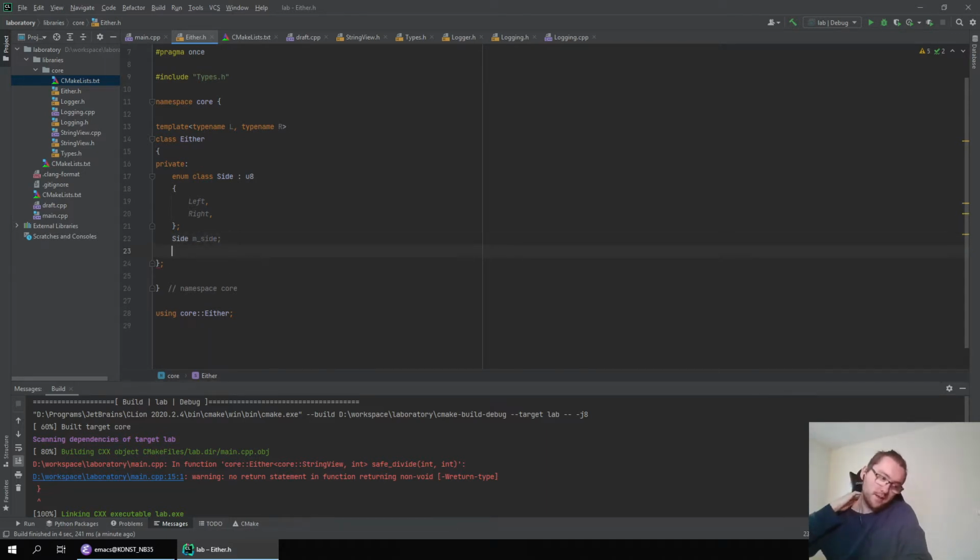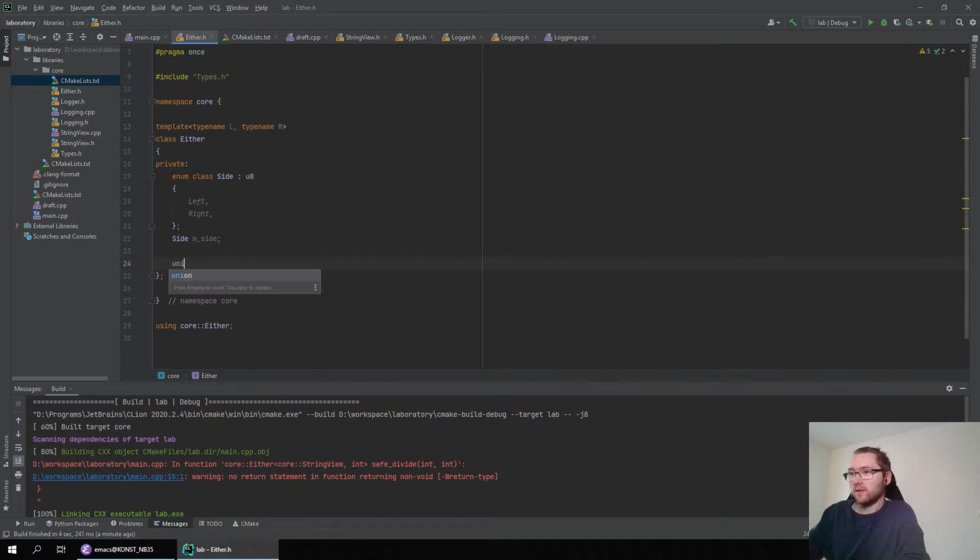I guess I'm going to store them. So let's introduce a union. I'm calling it storage. I don't know if this is the smartest idea. I don't know yet, but I don't care currently. Can I leave the members without names?